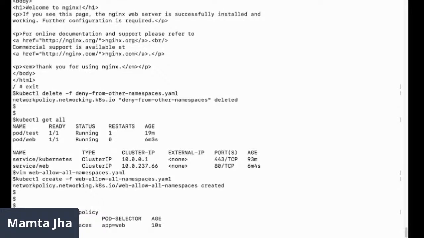It is applicable to the pods labeled as app web. So apply the policy only to app web pods residing in the default namespace. It selects all the pods of all namespaces because the namespace selector is empty.